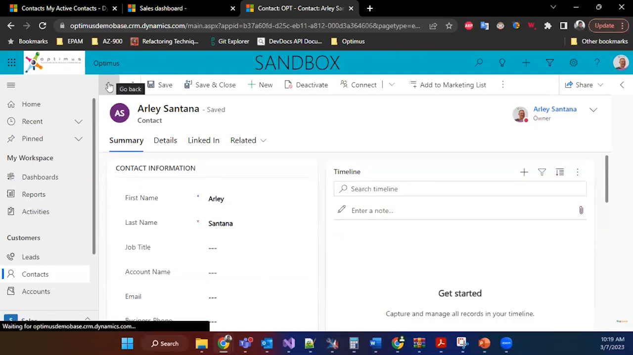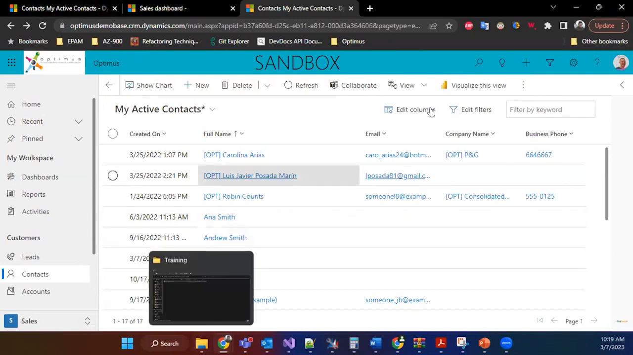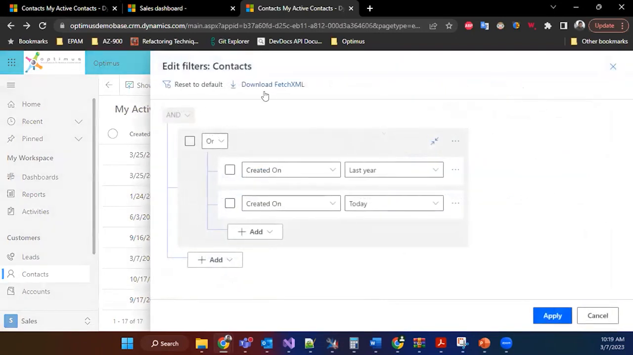Okay, I already created it, and I return to my view. In this case, as you can see, I'm here. Let's check the filters. Then it continues applying the filters: the contacts that were created last year and the contacts that were created today. If I change this or for an and, it wouldn't be possible, and I will get an empty